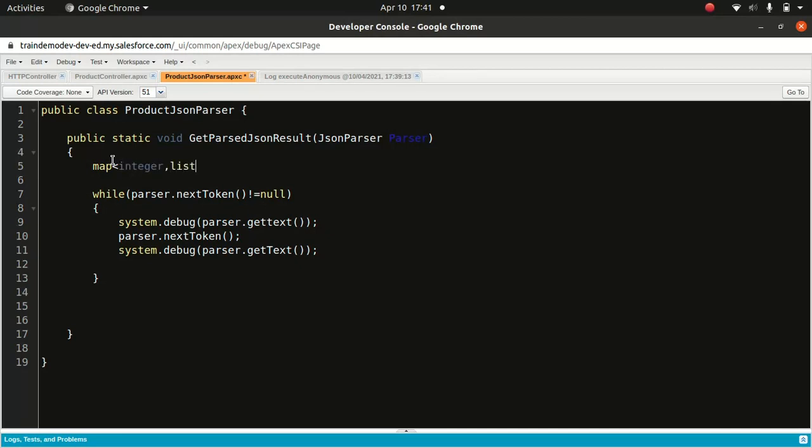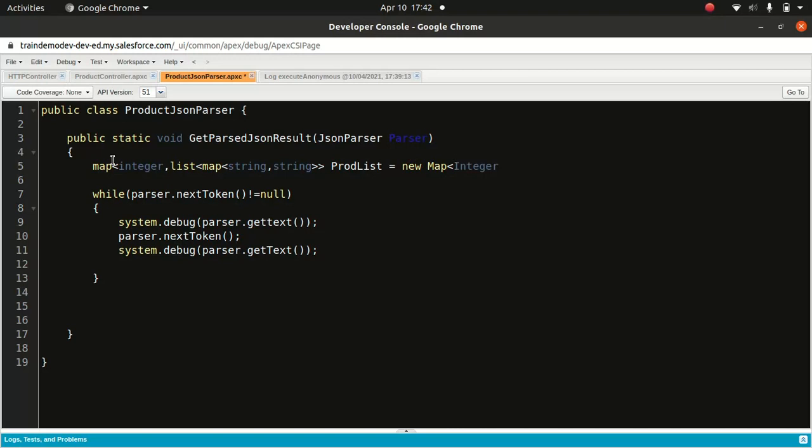And then we're gonna do list. We're gonna do map of string. You can do product list equals to new map